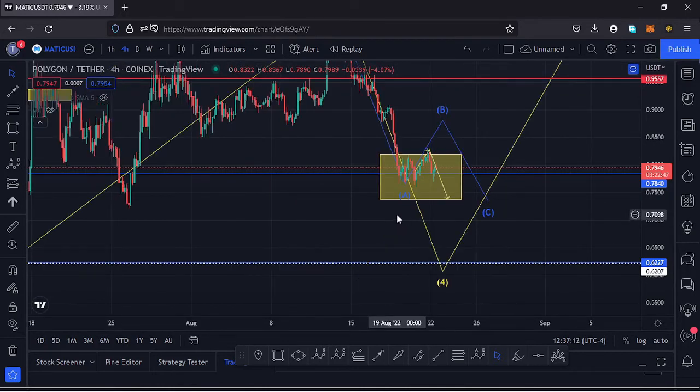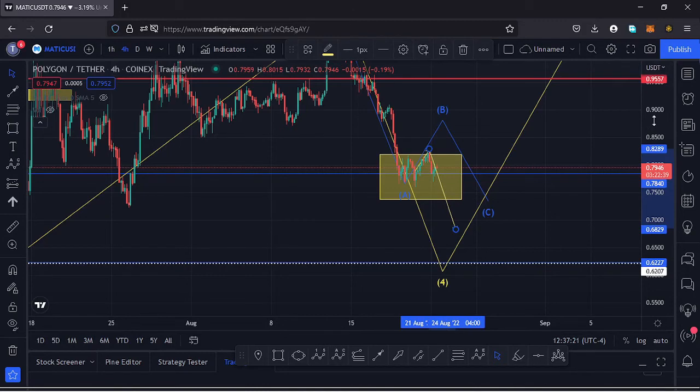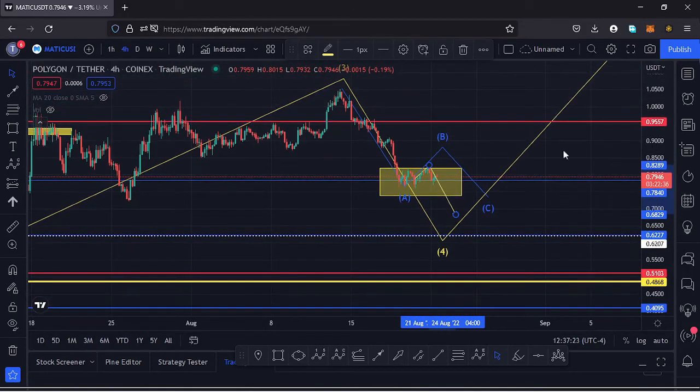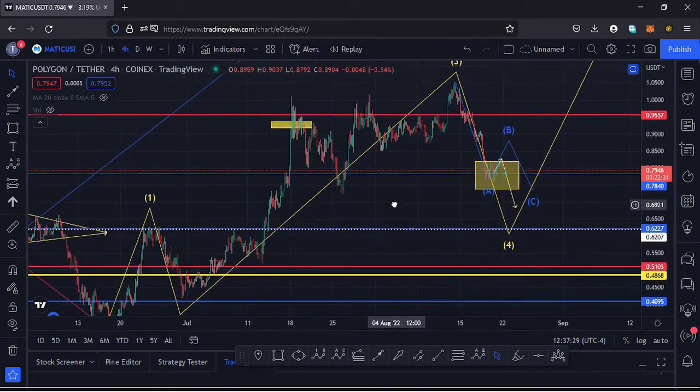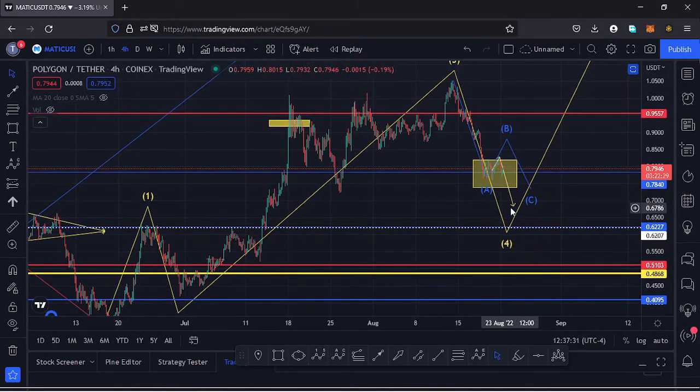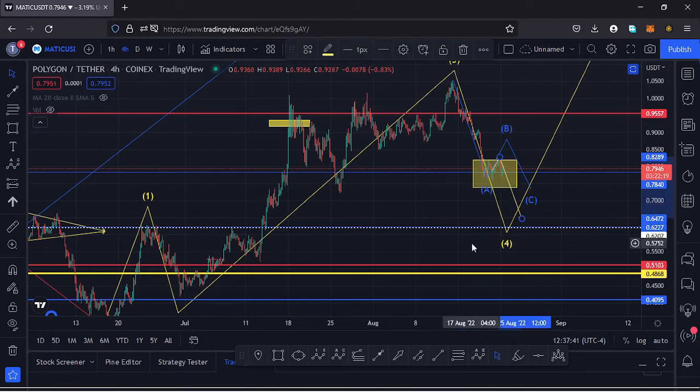It's also possible that as we try to maximize our yellow target area for that fourth wave, we can lose our target area and continue seeing lower prices. And in case that happens, then we need to have an invalidation point here on this chart. That is a move that can invalidate our Elliott wave structure, and the only move that can play out is a wave 4 retracing into the high of the first wave to the upside. That is at around the $0.62 mark, because that is the high for that first wave over here.